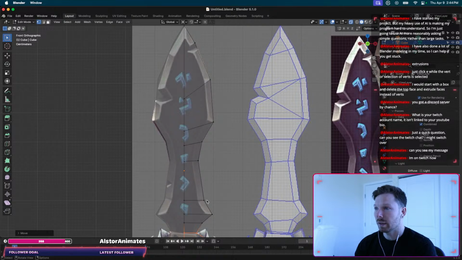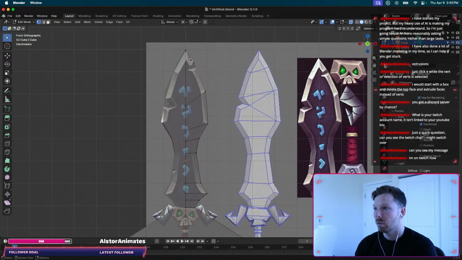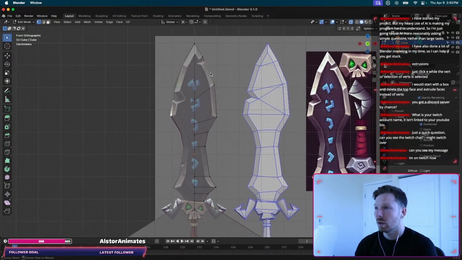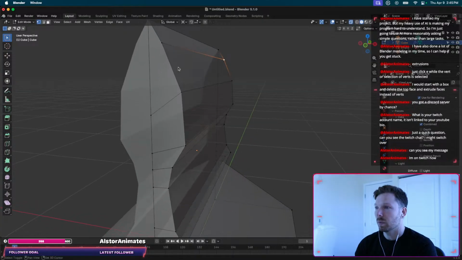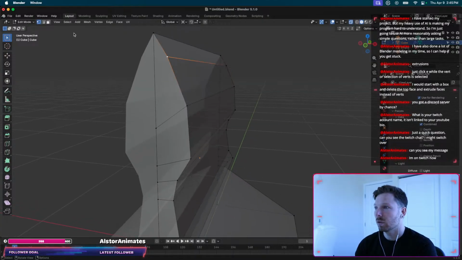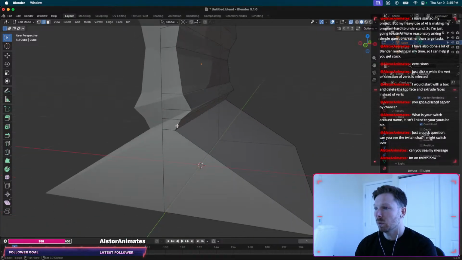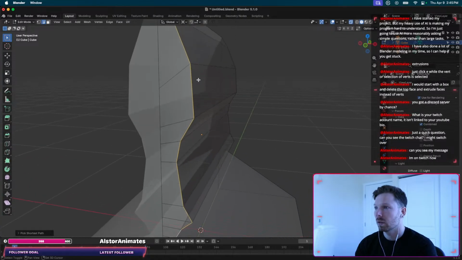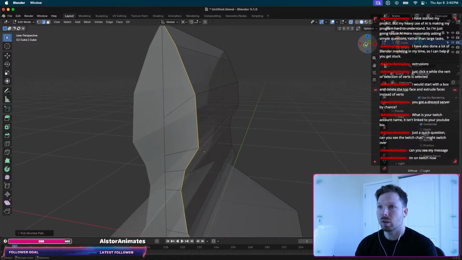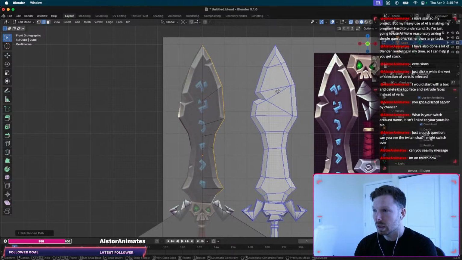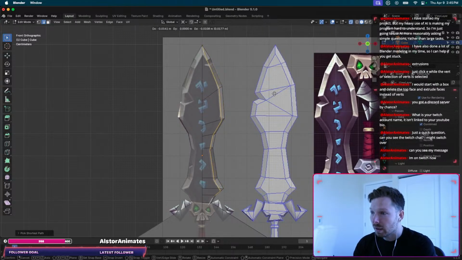Okay, we got our knife here, or our blade, and now what I want to do is select from this edge. Let's go to perspective mode. I want to select this edge. Let's go to edge, all the way down to this edge. I think with command I can go along the edges. Select all the edges. Now go back to front view, do E for extrude and I for inset, and now I can inset. You see,